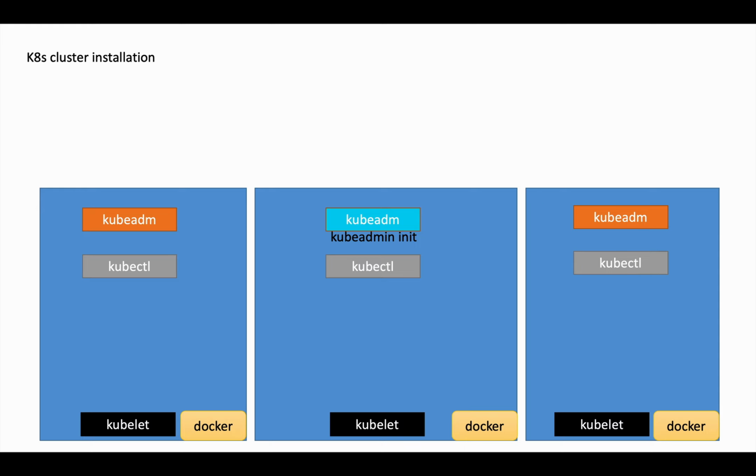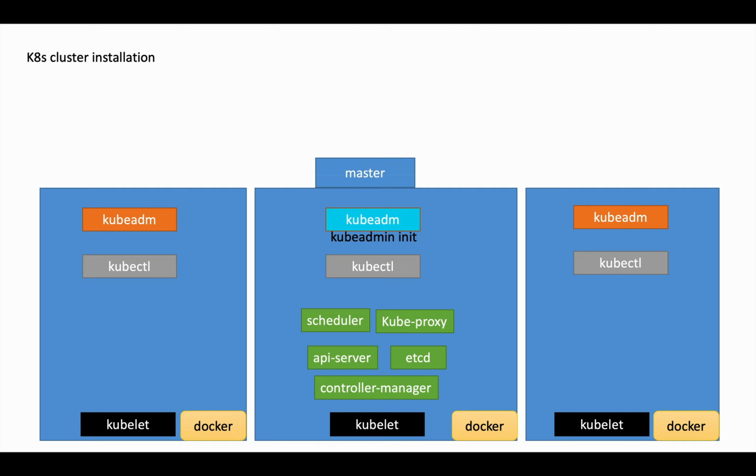So if we run this command, the kubeadm will install the master components such as the scheduler, kube proxy, API server, etcd, and controller manager. So the kubeadm init will initiate this node as the master node. Okay, then we can install the kubeadm in other